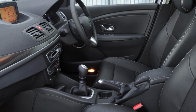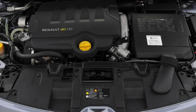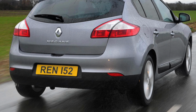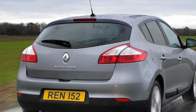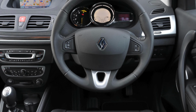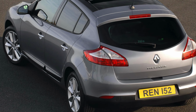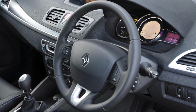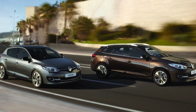There have been a handful of recalls for the third generation Megane, most notably to do with potentially faulty airbags and power steering on cars built up to 2011. Additionally, braking performance on later Meganes could be affected if work isn't carried out to the brake vacuum pump. If you contact a Renault dealer with the car's registration number, they can tell you if any necessary recall work